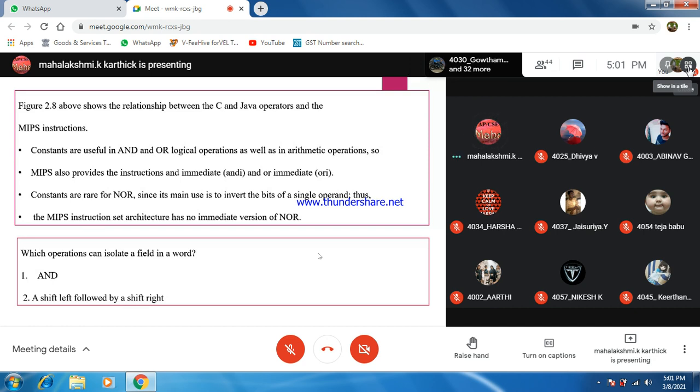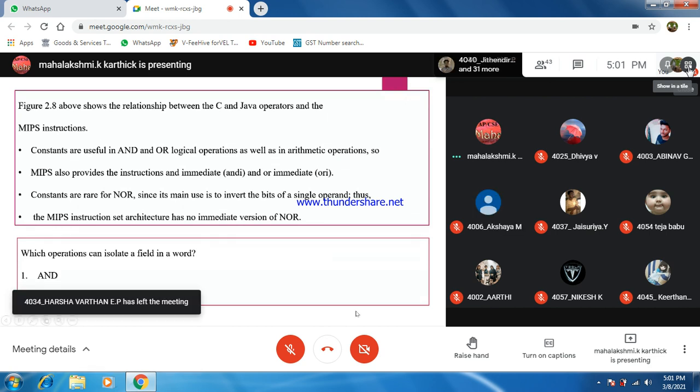Okay. Which operations can isolate a field in a word? Can anyone tell? Which operations can isolate a field in a word? What is the answer for this question?